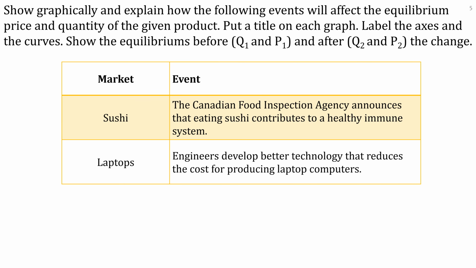All right, so the next few slides are going to look at two different markets and the events occurring in those markets, and we're going to use supply and demand to show the effect of these events. Okay, we're told to put a title on each graph, label the axes and the curves, and show the equilibriums